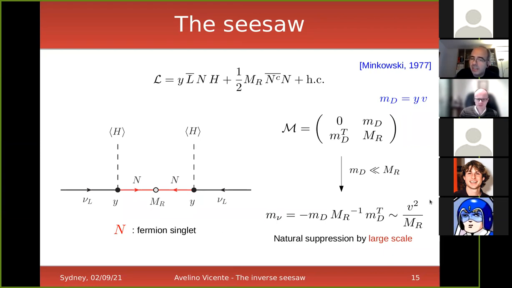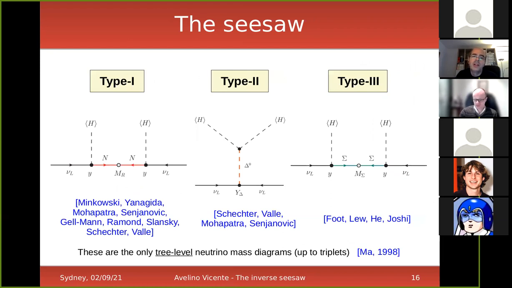It is implemented very well in many unification theories, and it's perfectly fine. And actually, it comes in many varieties. So here you have the three versions of the seesaw that you can have at tree level. The type 1 seesaw is the one that I just discussed. It's the simplest of them with the singlet fermions. There is a very similar situation when you use triplet fermions instead, and you have it on the right, and you have some of your colleagues here in the list because they were the ones that proposed this idea. And there is also a version with a triplet scalar that is called type 2 seesaw.